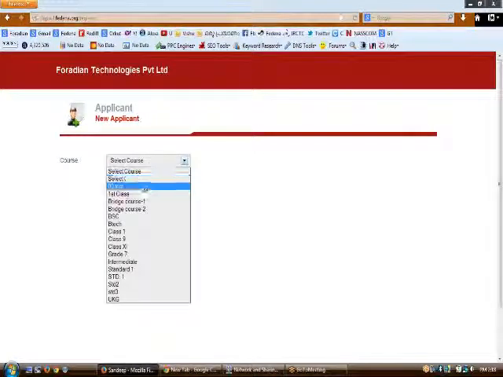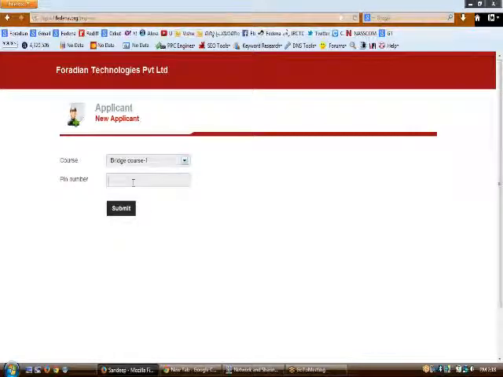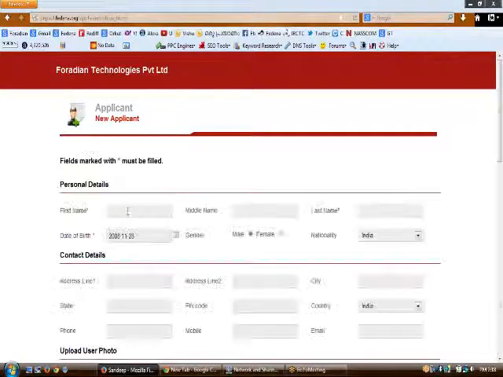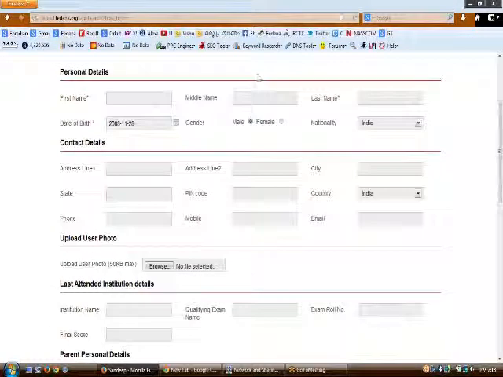So let us say that the chosen class is Bridge Course 1. Now you need to enter the pin. On clicking submit, the user will be redirected to the form. Now you have to enter the details.